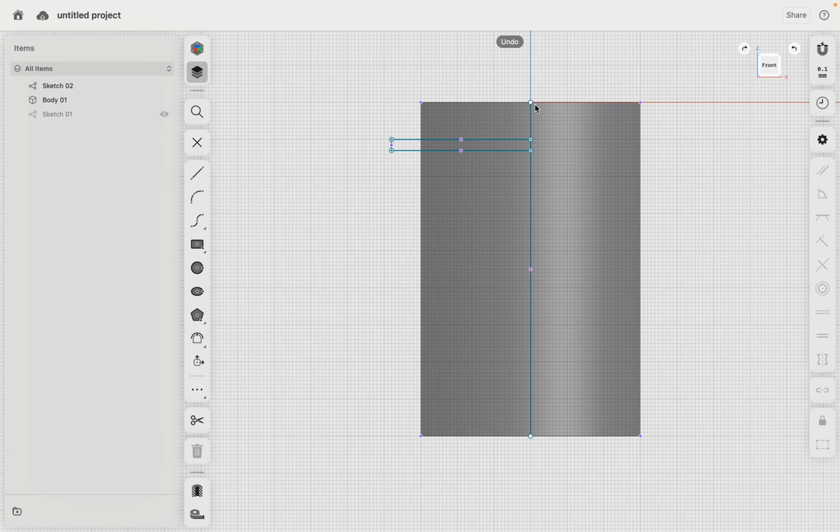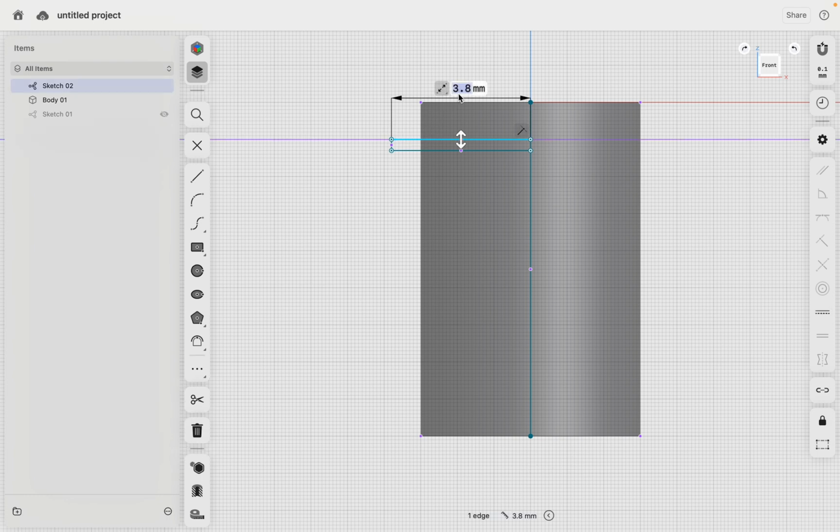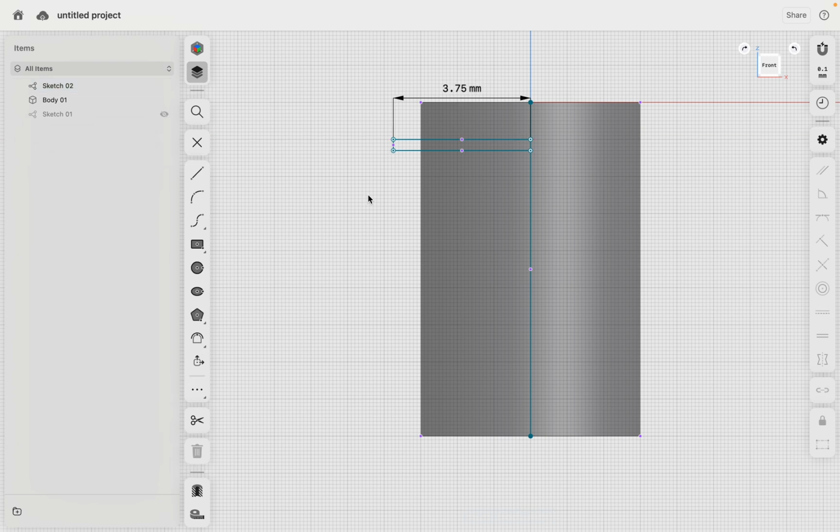So guys, what I find I have to do with the center lines is I have to click on the endpoints and click on the padlock. What that does is it locks it so it can't move. So I'm going to do that again. So 3.75. 3.8 was probably what it was meant to be. Then what I'll do,